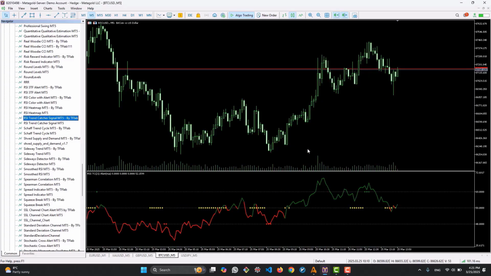This indicator helps us identify the start of a trend using the RSI indicator as well as moving average and Bollinger Bands. When the RSI is below the 50 line, it is displayed in red, and above the 50 line it is shown in green. When compression in price is observed using the Bollinger Bands,